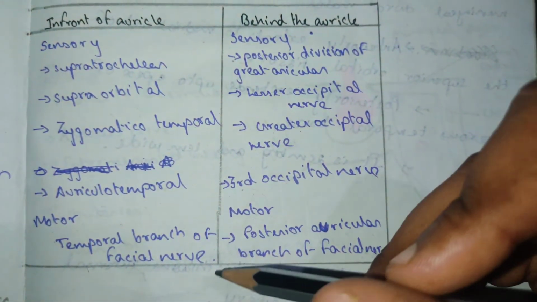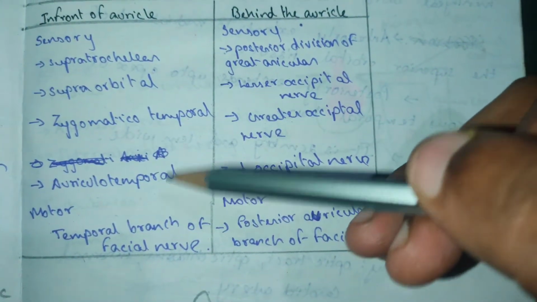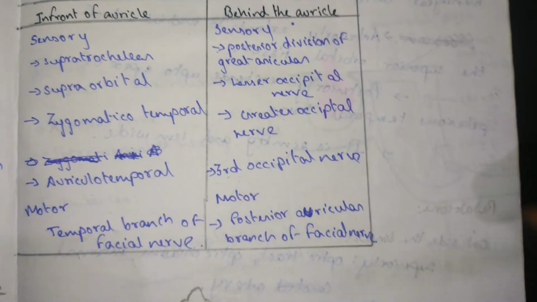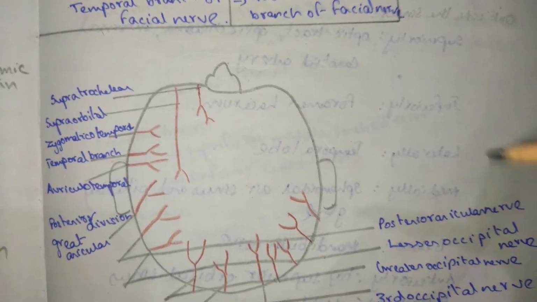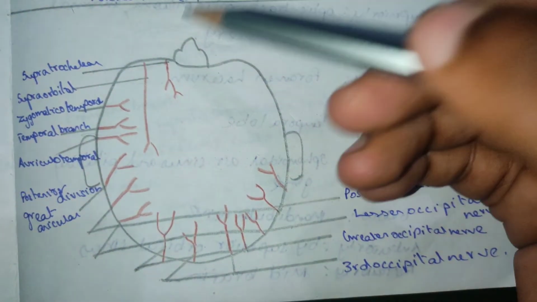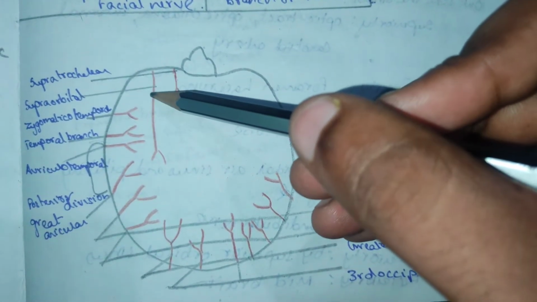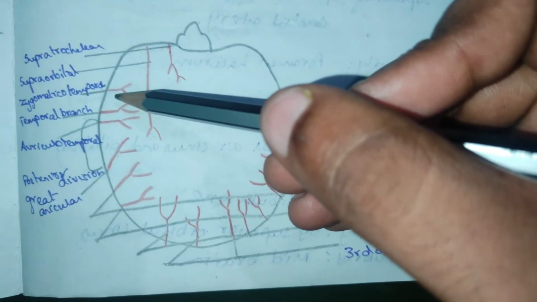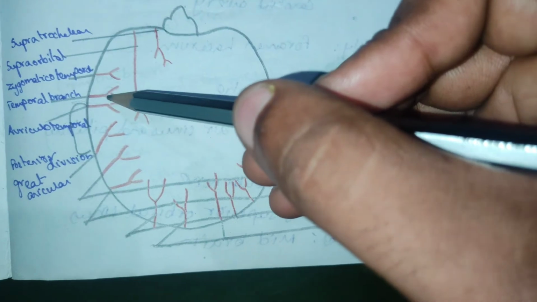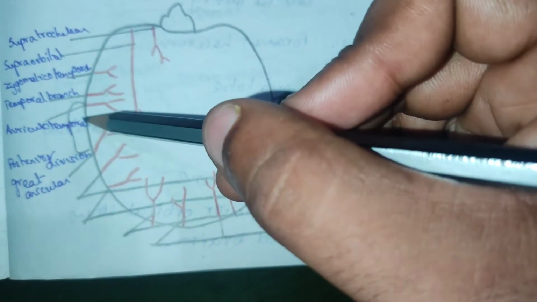Both are branches of the facial nerve, with 4 sensory as well as 1 motor in front of the auricle as well as behind the auricle. This is the diagram of the nerve supply of the scalp in front of the auricle: supratrochlear, supraorbital, zygomaticotemporal and the temporal branch. This is the only motor one, and the remaining, including the auriculotemporal, these 4 are the